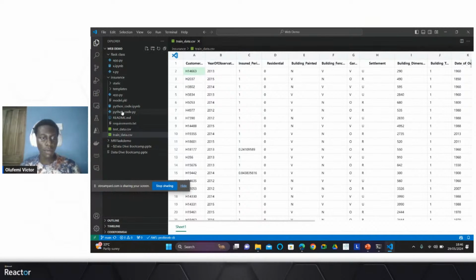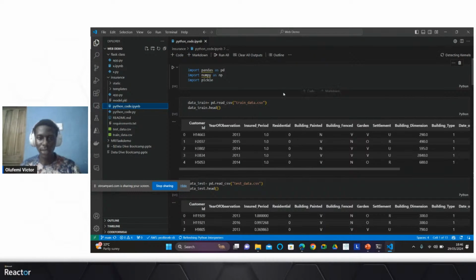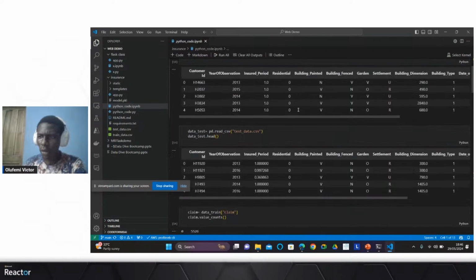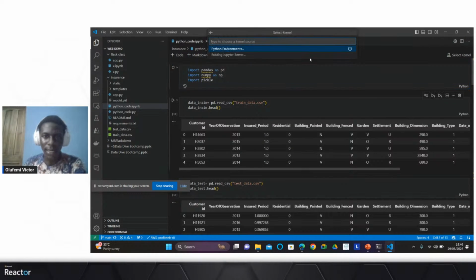So I'm going to open right now the Jupyter notebook so that you can see how we're going to build the model. So building a classification model is pretty straightforward. Of course, like in previous episodes, some of all these things have been talked about, so you can do well to watch them. But of course, in Python, here we're just going to import pandas as pd.